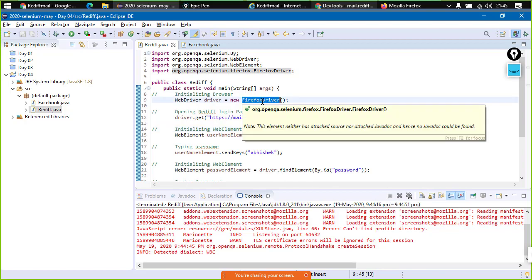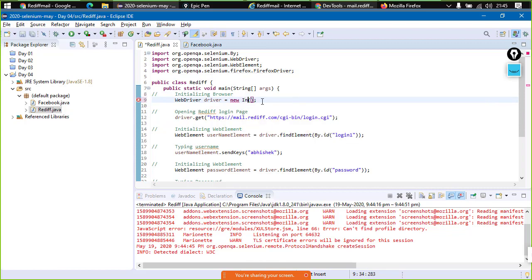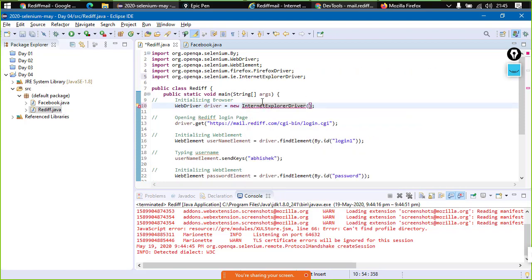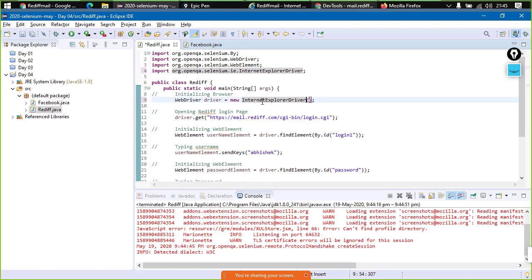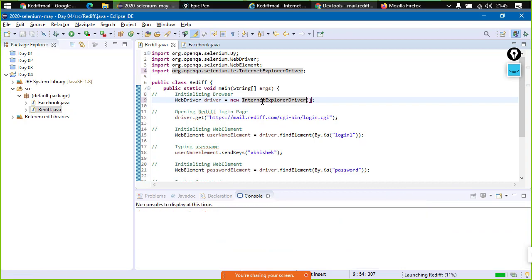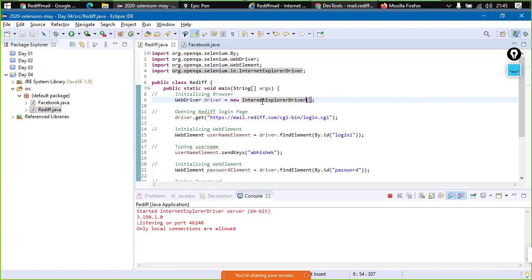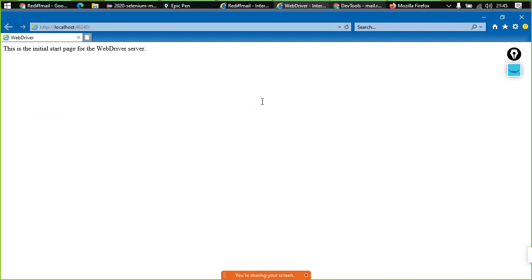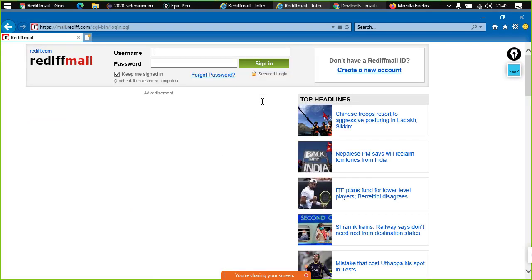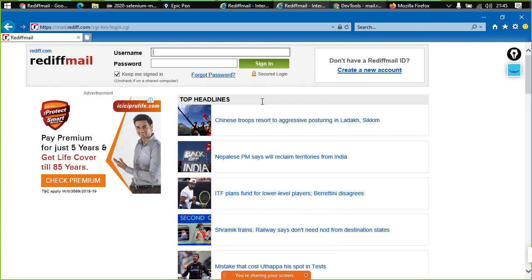The code is executed here as well. We are not able to see the highlighted terminate button. Now I won't use Google Chrome or Firefox. I'll try using Internet Explorer. Would I be able to? Yes. Simply change this thing, Control Shift O and Control F11. Now over here the browser would open and we would be able to see the things here as well, right? Username is being typed, password is being typed, right?